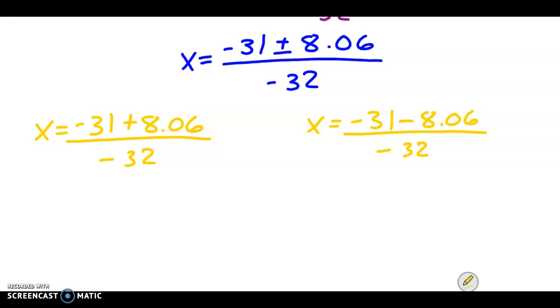Just give me a second here to do these on my calculator. So this first one, rounded to the nearest hundredth, is going to end up being 0.72. And the second one, rounded to the nearest hundredth, is going to be negative 30